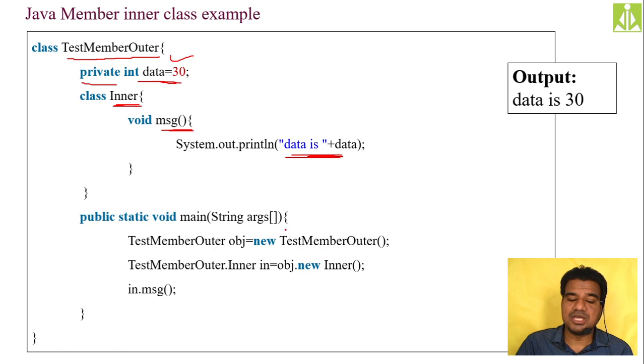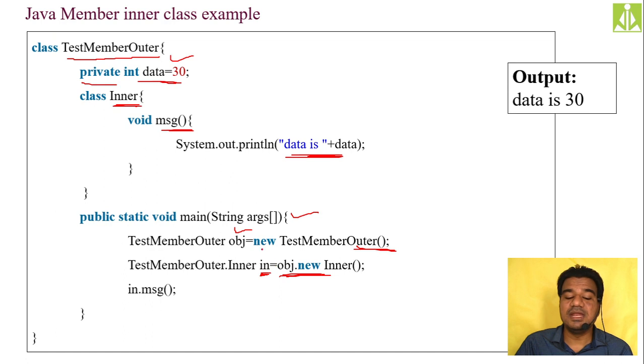Now I'm taking my PSVM, and inside this PSVM I'm creating the object for my outer class. See here, in this particular statement I'm creating the object for my outer class. Now after the object creation of the outer class, I am creating the object for the inner class. But I cannot create it directly, as it is a nested, inner class. So when I'm using the new keyword, I have to use that new keyword with object dot, so that you can create the inner class object.